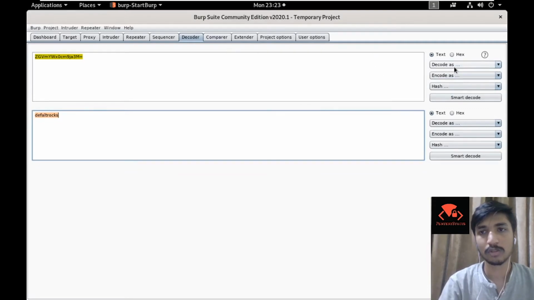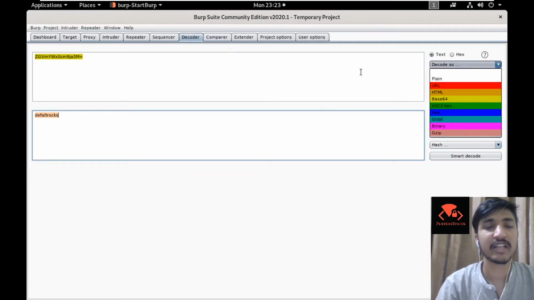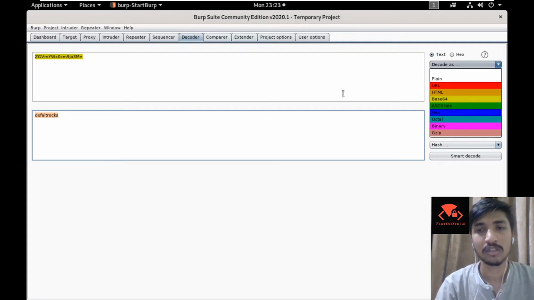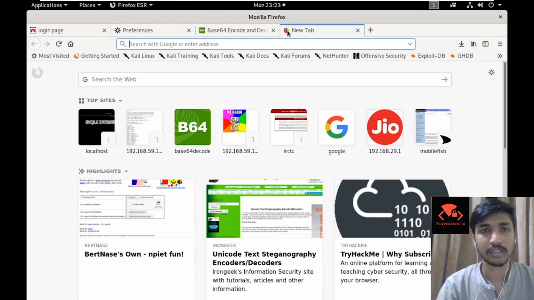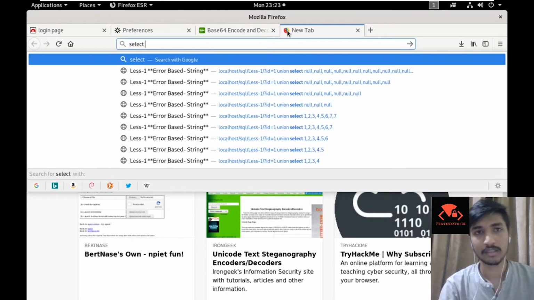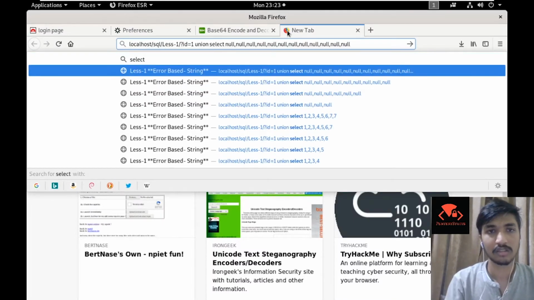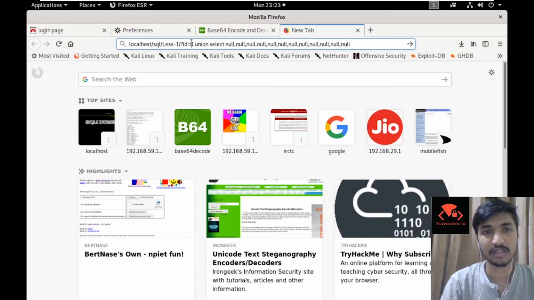And you could also, if you are creating a SQL injection payload, for example, if you go like select space, like the command I just entered right here.